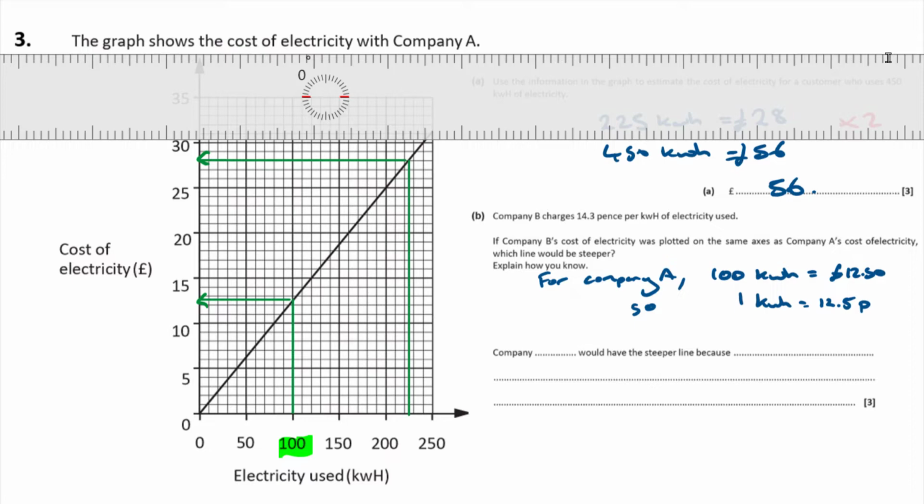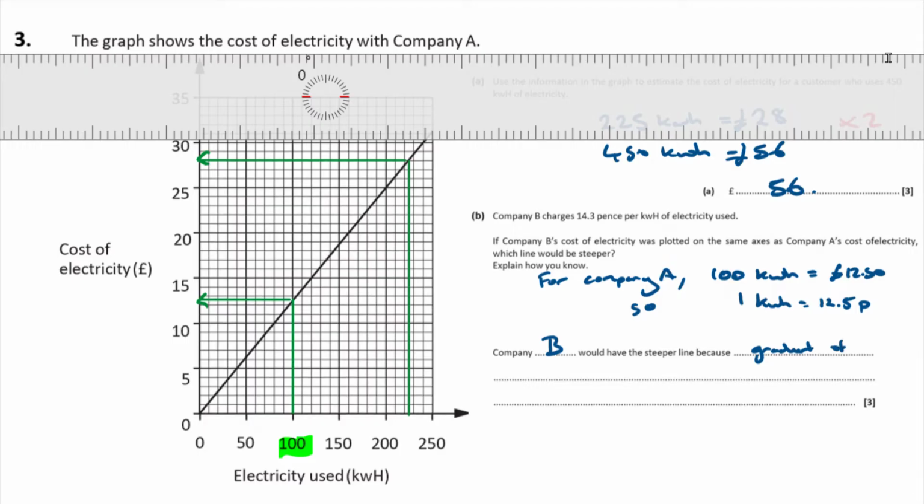Okay, so I can see from that then that company A is going to be cheaper. So if company A is cheaper, then for every 1 kilowatt hour you're going along, you're going to go 12.5 pence up. Company B, for every 1 unit you're going along, you're going to be going 4.3 pence up. So that one's going to be steeper. Okay, so company B is going to be steeper because gradient